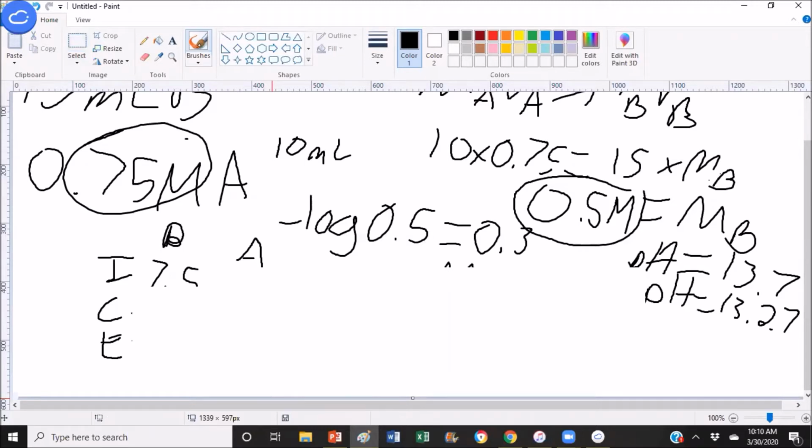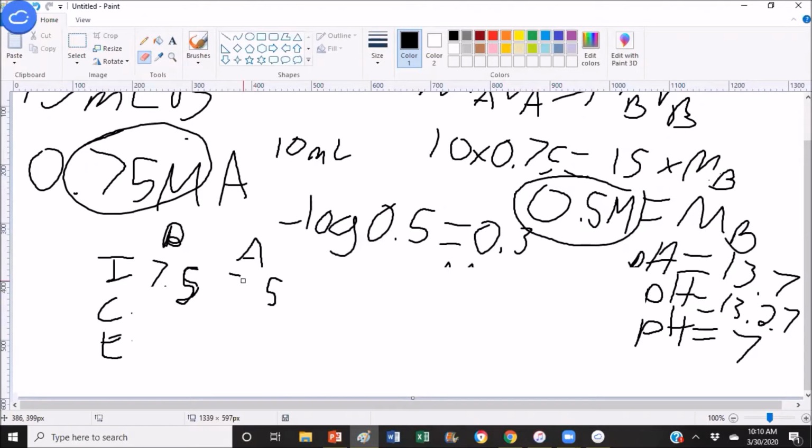So I'm just trying to make some room. Okay, so half the amount. Now the second, so that's the second pH at 5 mils. At 10 mils, 10 times 0.75 would give us 7.5. You have 7.5 molar of acid, 7.5 molar of base. They cancel out. You'd have 0 acid and 0 base. They have completely neutralized. What is the pH of a strong acid, strong base when they're completely neutralized? 7. 7, yes. And so that one, you don't have to really do any math if you recognize that is